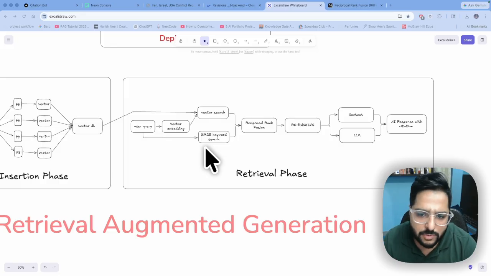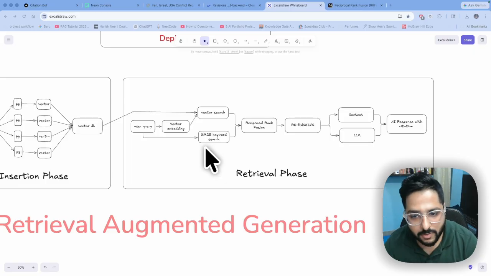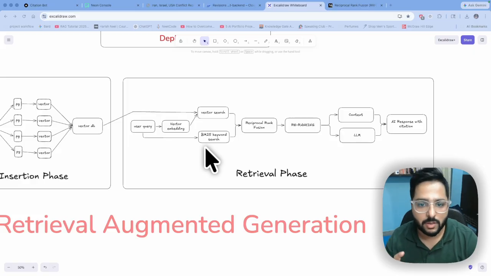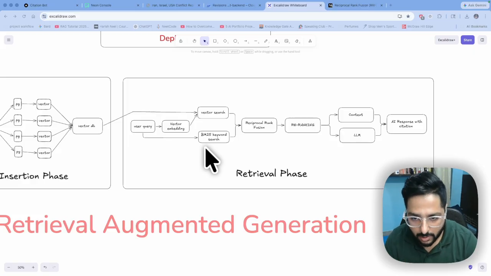Suppose some information like dates and exact references, when you want the exact references of the thing, sometimes vector search hallucinates on it.